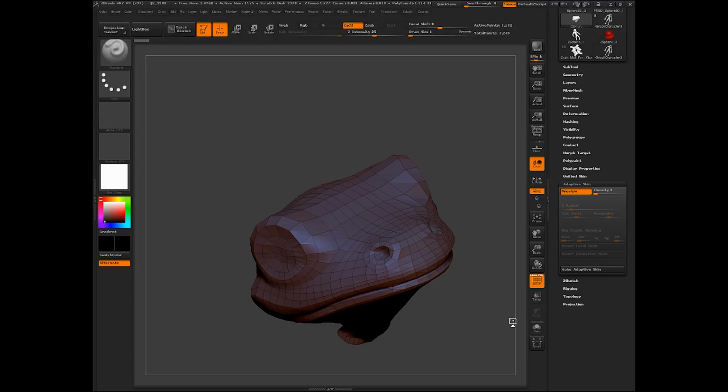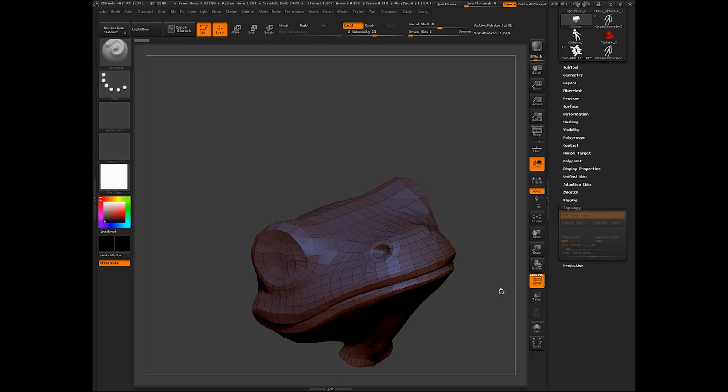Then paint in all of your geometry, and go into your Z-sphere, and you'll bring in your mesh that you had painted, and you'll go to rigging, select your mesh, and then go down to topology, click edit topology, and start clicking away. So, all right, that's the end of the tutorial.